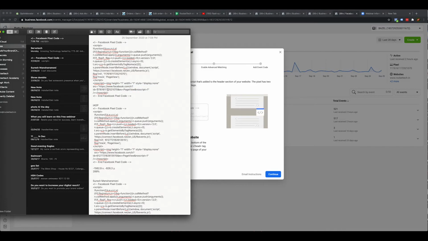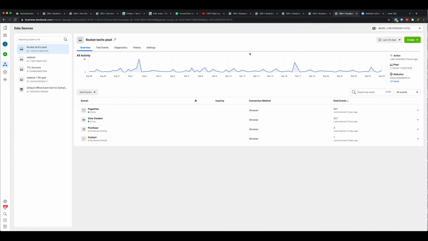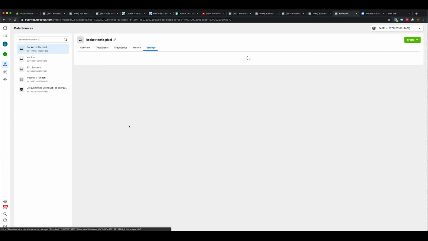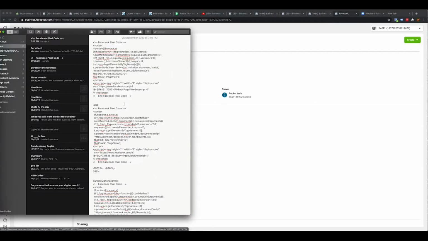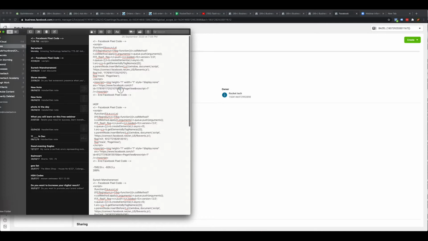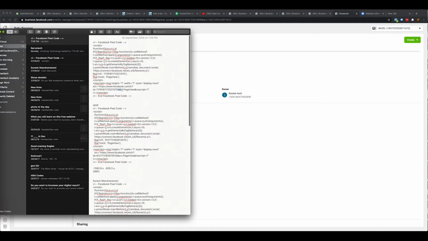If you want to cross check, this is ending in 21070, and my pixel ID is, go to settings and you can verify that with the settings. Here's my pixel ID 21070, and this is the exact pixel ID which you have. And then you have the event, ev equals event, and that is equal to PageView. And this is noscript which is equal to 1, which means ones and zeros, right? So this URL means this pixel is tracking page views, and for this particular ID, copy this and go to your webinar's page.